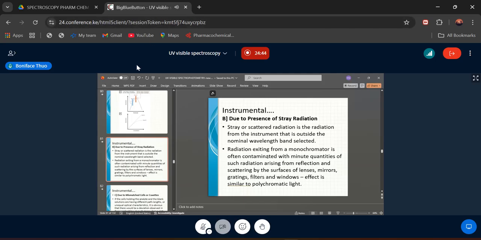radiation that has direct the radiation that is usually prevented by ensuring that the quality of the equipment